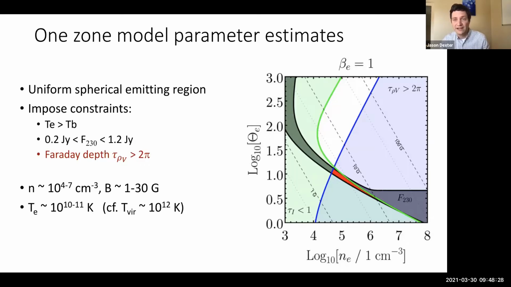And now the new constraint here would be that we think Faraday depth is kind of important. And so let's require it to be larger than some value, which we pick here as 2 pi, meaning that Faraday effects are capable of rotating the polarization around. If we impose those constraints, then the one-zone model result is shown in the plot here. The different color contours are different constraints: optically thin, Faraday thick is over here, and then we produce the right flux. And so for any way of picking one parameter, you can get some allowed parameter space here. It's not as narrow as shown here because there's another whole dimension.